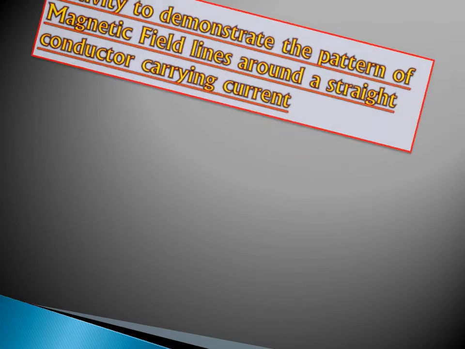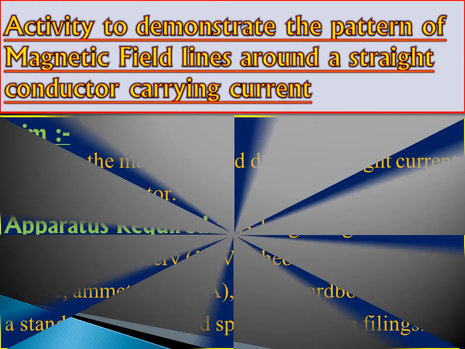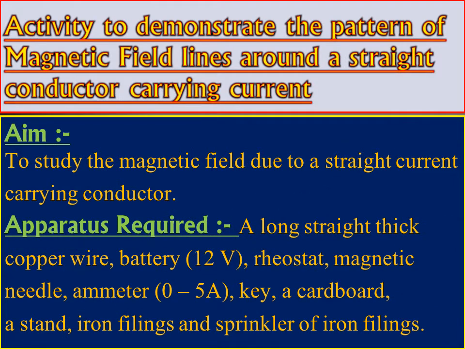So today we are considering a current carrying straight conductor. That means when the current carrying conductor's shape changes, the nature of the field lines also changes. That means the pattern will be different. So in this chapter, now we are going to learn about the field lines in the case of a straight conductor carrying current. Then we will learn about a circular loop. Then we will learn about solenoid, and so on.